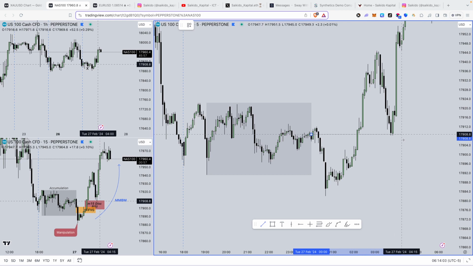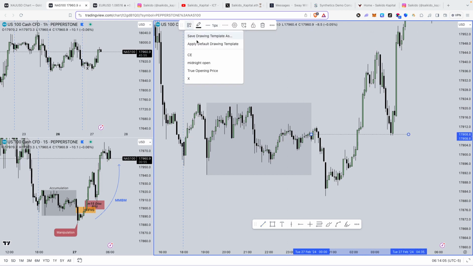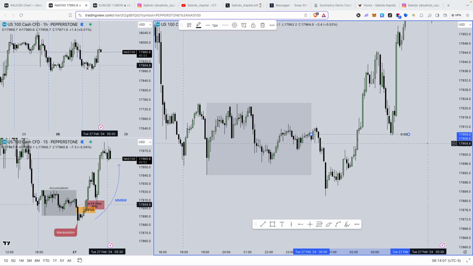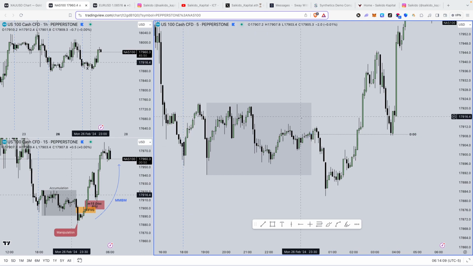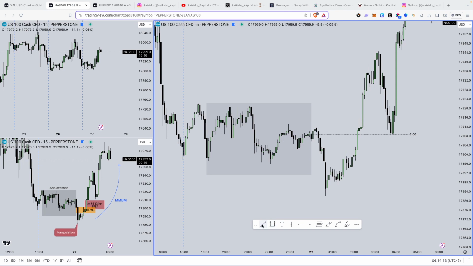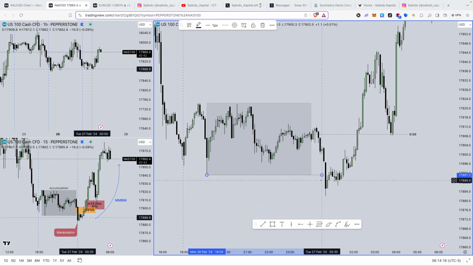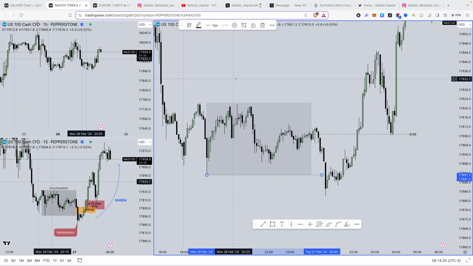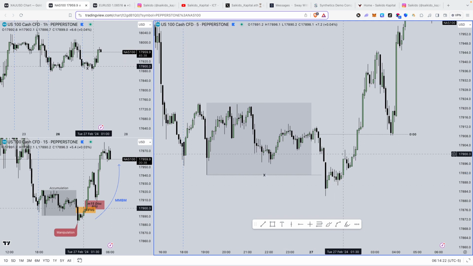So look at the confluence, guys. This is the midnight open. So we went below the midnight open. What did we do? We swept sell side liquidity here in the form of Asian low. We took out sell side liquidity in the form of Asian lows, and then from there we completely disrespected this. I just want to focus. But already you can see during the kill zone,